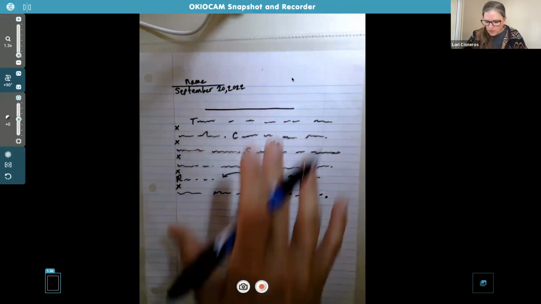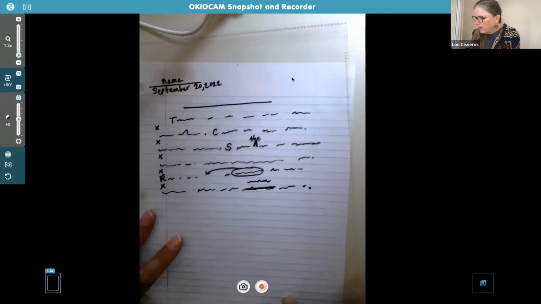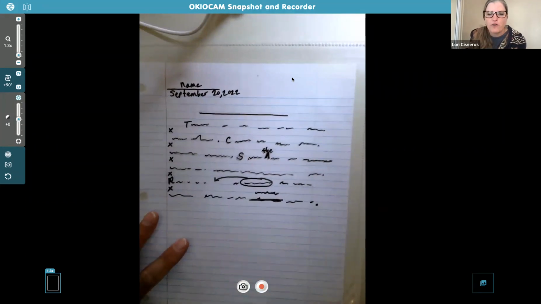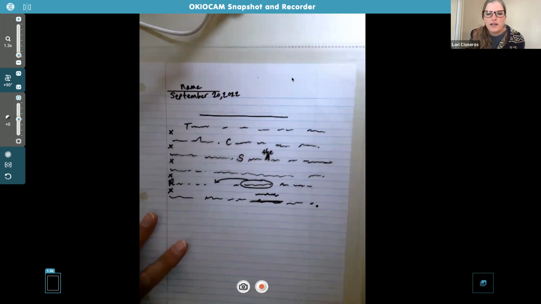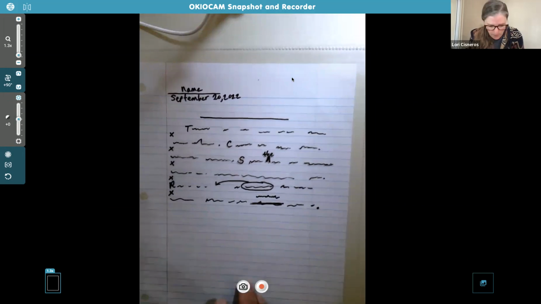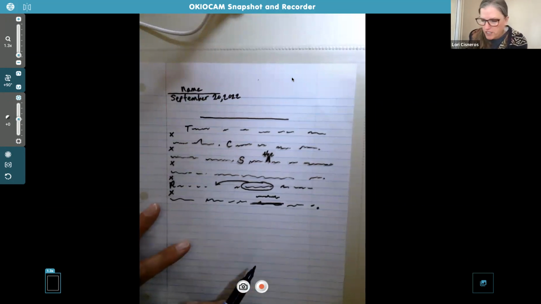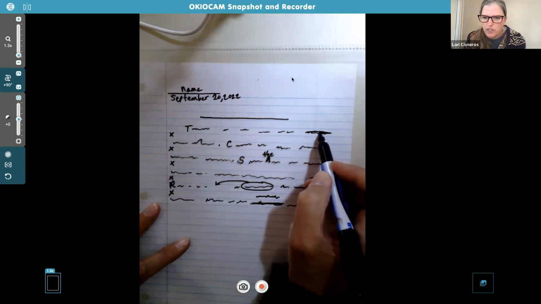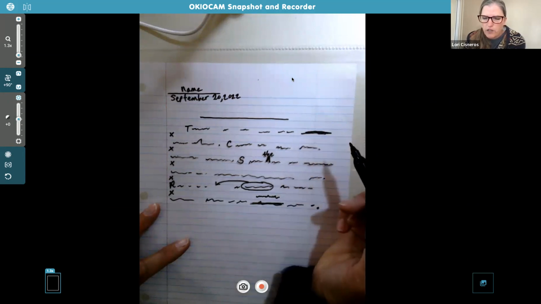So this is just an example, a model of how your paper is going to look, although yours is going to have real words, right? Mine's just scribbles because I was just showing an example. Oh, one more thing I forgot to tell you. Let's pretend that you saw this word up here and you decided, I'm going to take that word out. You cross it out and then you go, oh, wait, that's not the one I wanted to cross out. I actually want to keep that word. And now you drew a line through it.